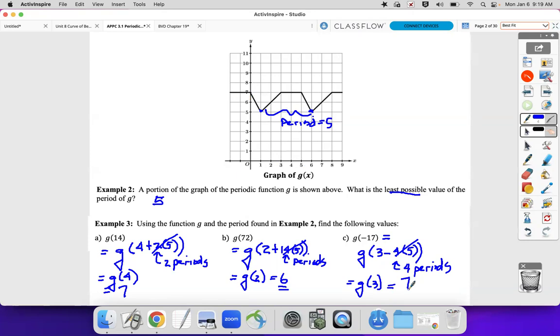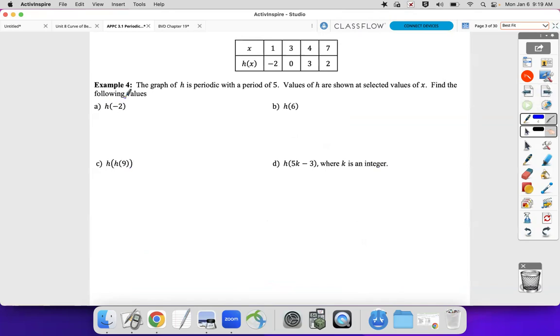All right, moving along. In example 4, the graph is indicated with a period of 5. We need to know that it's a period of 5. So h of 1 would be the same as h of 6, would be the same as h of 11, would be the same as h of 16. Okay, so when I want h of -2, what I'm going to say is that's similar to saying h of -2 plus 1 times 5, because -2 plus 5 gives me